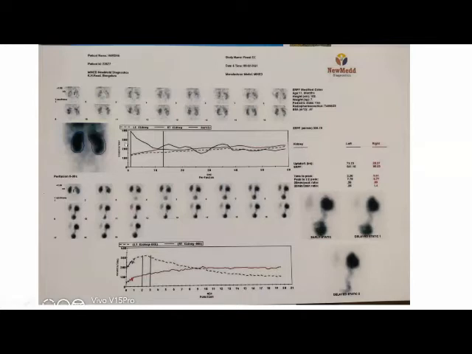If you see the main things which you need to see in the initial perfusion graph, the black one is the aortic curve. To start off with, the counts will be higher in the aorta, because once you give the dye through the cannula, it will go into the circulation. So maximum amount will be seen in the aorta. The aortic graph will start from a higher count, and slowly it will drop down. And the red and the dotted line show the counts in the kidneys, the left and the right kidneys respectively.